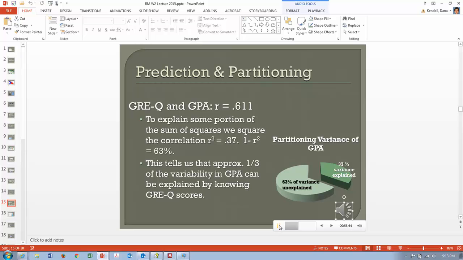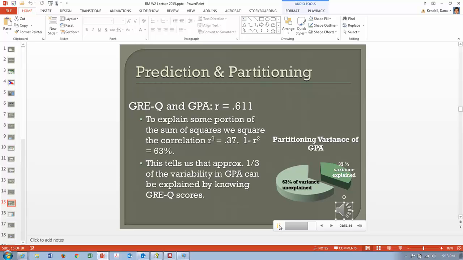Now what we can do to try to dig into some of that unexplained variance is to think about other things that are correlated with GPA. So you can think about things like the motivation level of the person as they're going through graduate school, or maybe other kinds of tests, maybe the verbal section of the GRE, that would be predictors that we could add to this and cut into some of that, soak it up, so to speak. I use a lot of terms like that, like soak up the variance or cut into the variance. Basically, we just want to reduce the unexplained variance, and that's a way that we can do that.